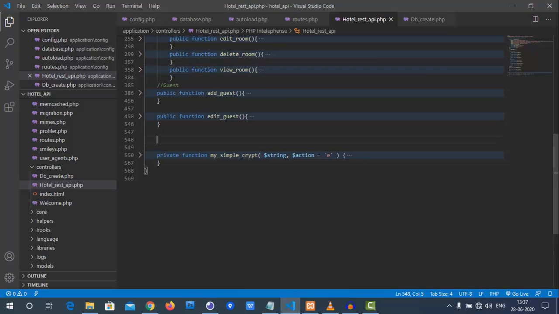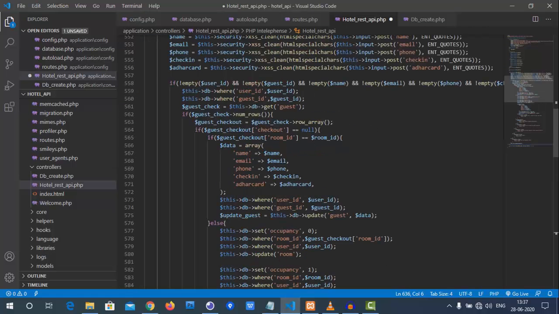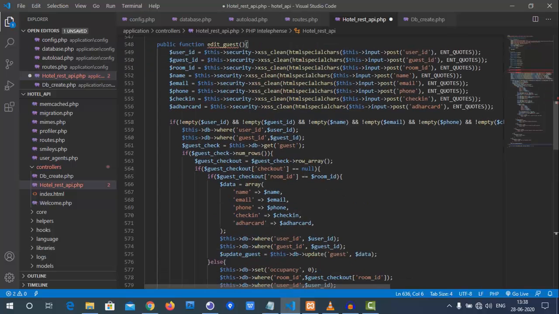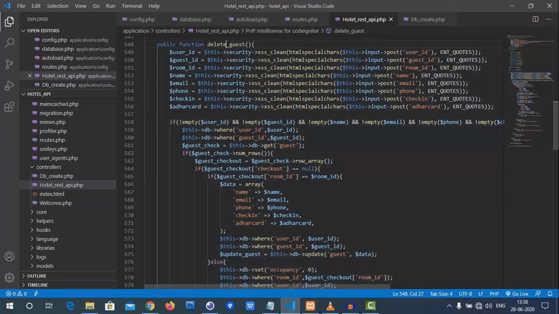In this video we are going to see how we can delete the guest. Basically it's a delete part, so it will be a kind of edit, because the status will change, so nothing much in this video. But in this we will be seeing the toggle condition. That is the only part we will be looking at.